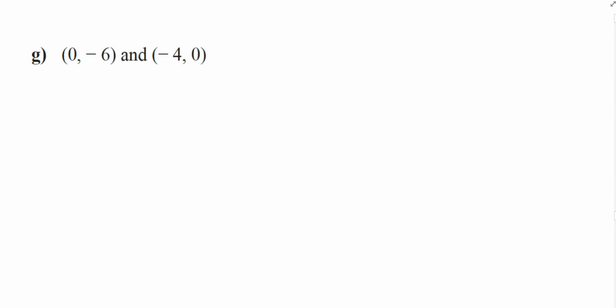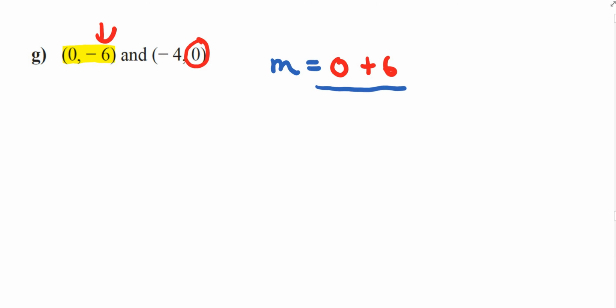And letter G, this one is actually going to be probably the easiest one because they actually give us the y-intercept right there. So that saves us a little bit of work. But we still need to find the slope, right? So the slope is going to be the second y value, which is 0, minus the first y value, which is negative 6. So this becomes plus 6. All divided by